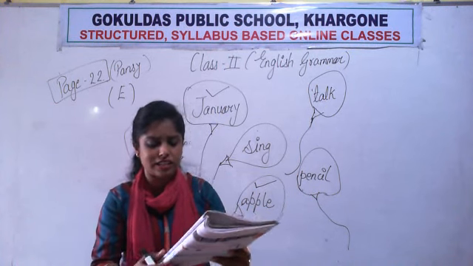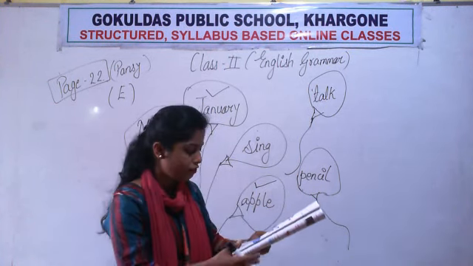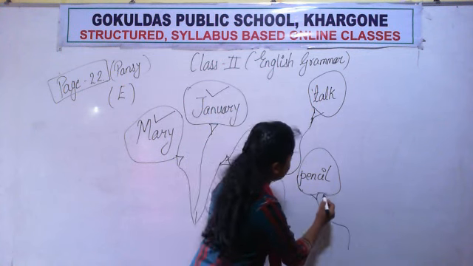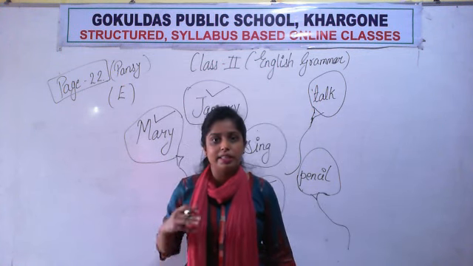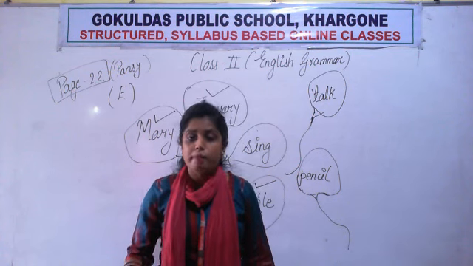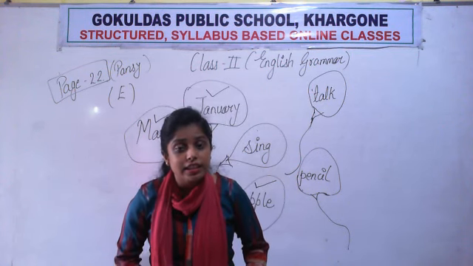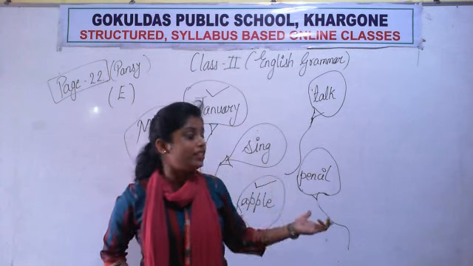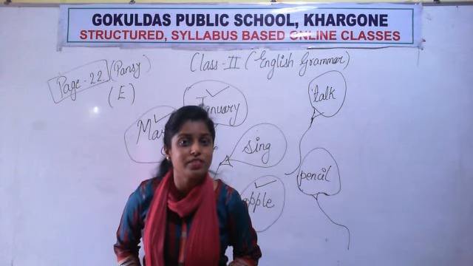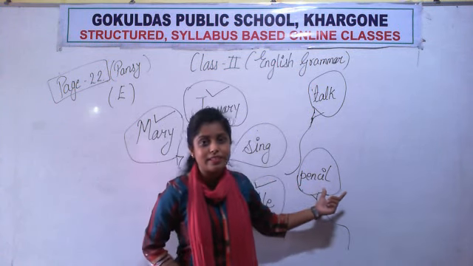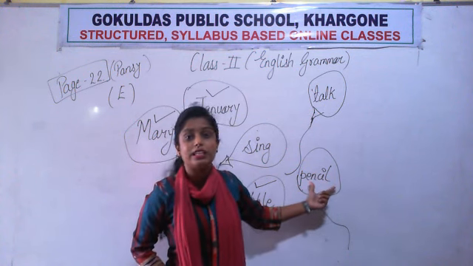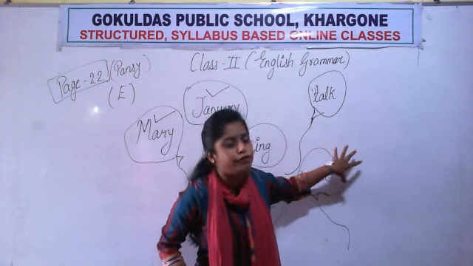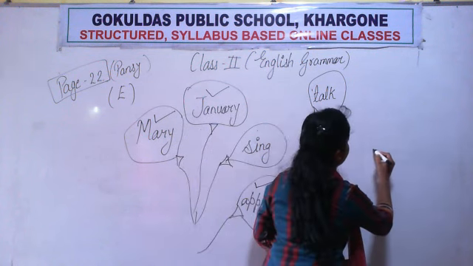The book hasn't taken care of it. That is okay. Completely fine. So pencil. What is a pencil? Is it an action word? Pencil कोई action word है? No. Pencil is the name of a thing. Yes ना? वही चीज जिससे just अभी आप लिख रहे हो, जिसकी help से, right? You are writing with a pencil. The name of that thing is a pencil.